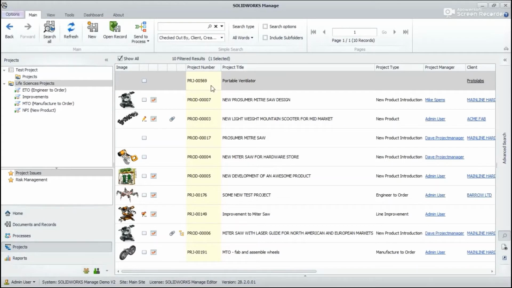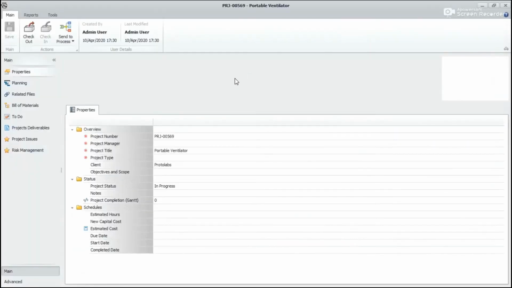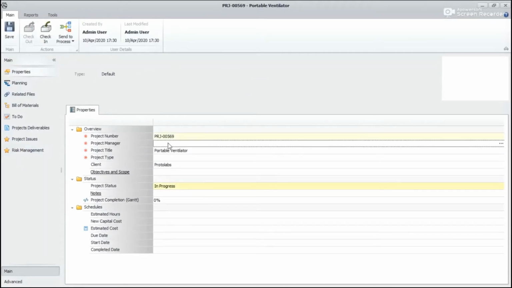Now the project manager will log into SolidWorks Manage environment. So he'll open the newly created project, click on checkout, and he'll enter the various project details.